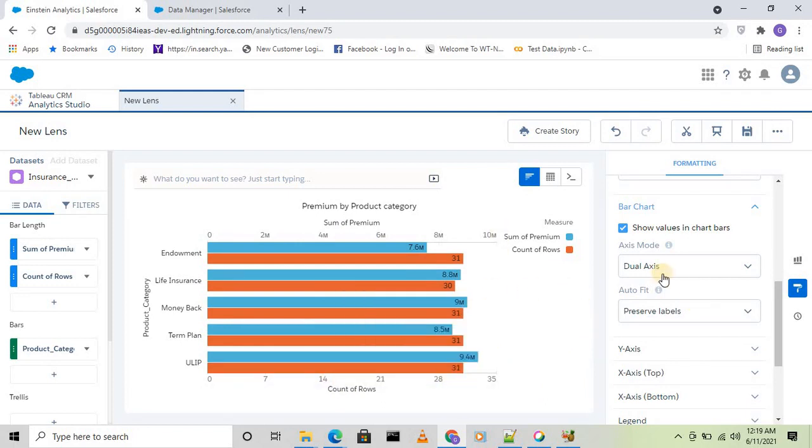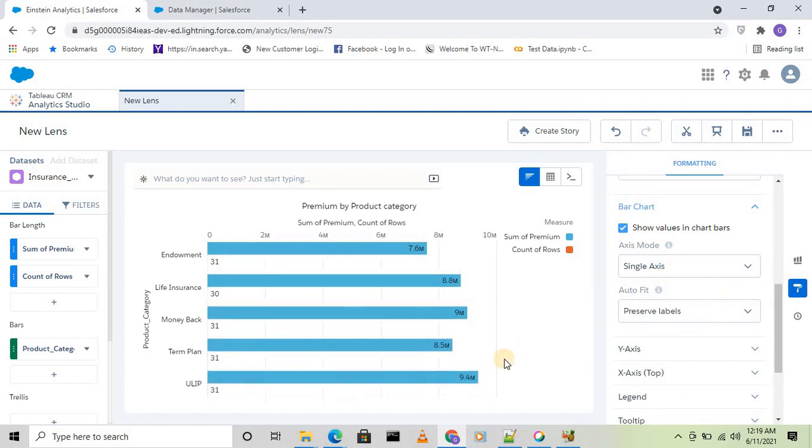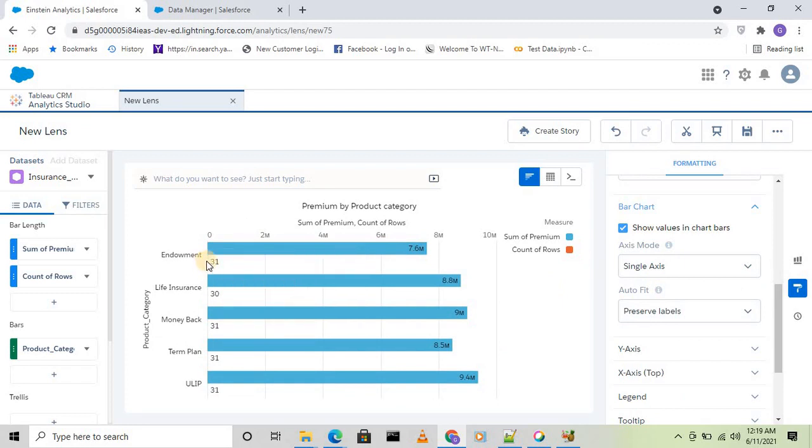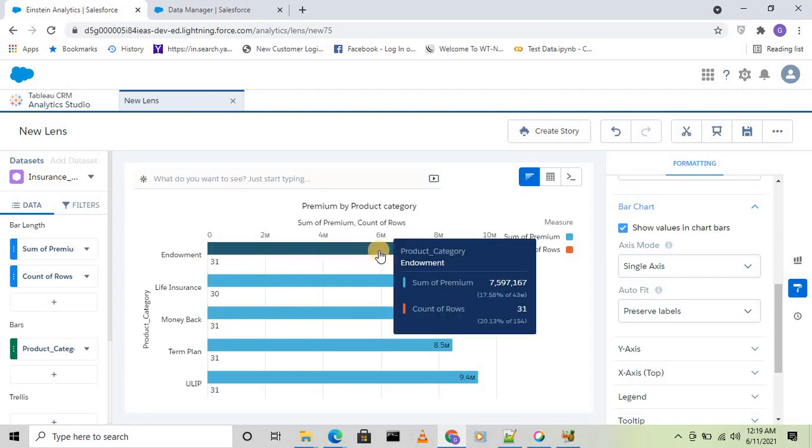So to overcome this challenge, what we can do, select single axis. The moment I select single axis, you see that axis shrunk to like the lowest. So you see 31 is a very minimal number in comparison to 7.6 million.